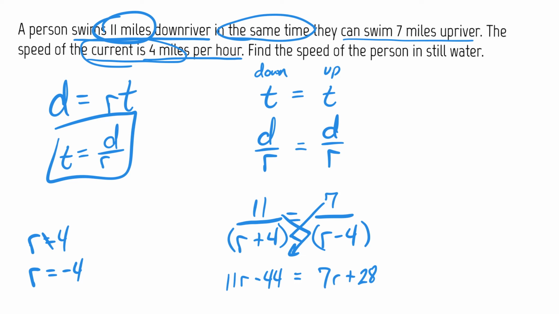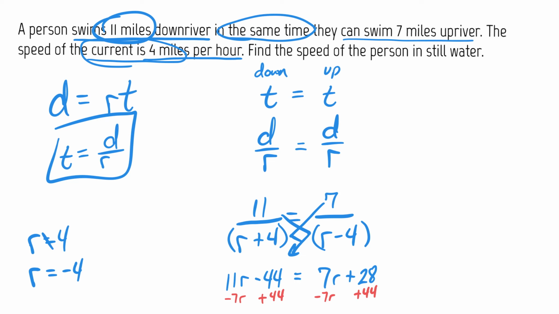Most of the time when you do these rational expressions, where you move them is pretty self-explanatory. It makes much more sense to move the r over here, that way we'll have a positive number for r. And it makes more sense to move the 44 over there because now we have a positive